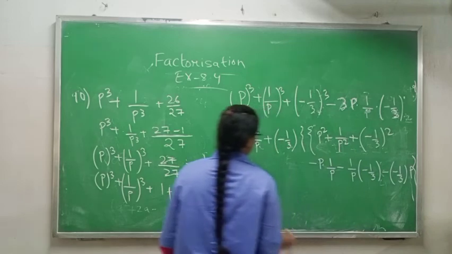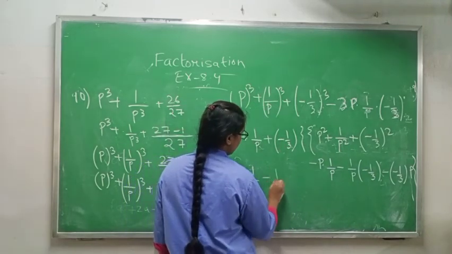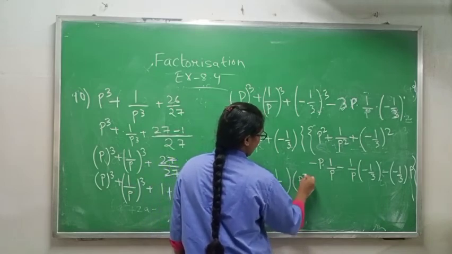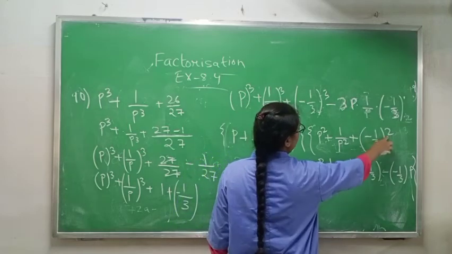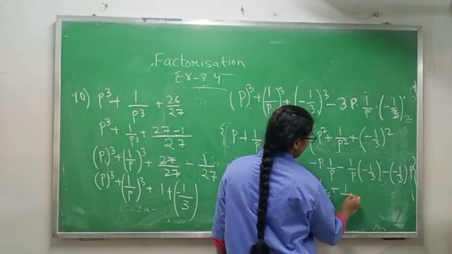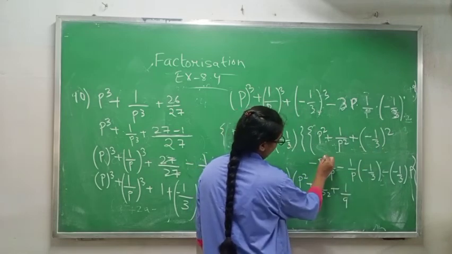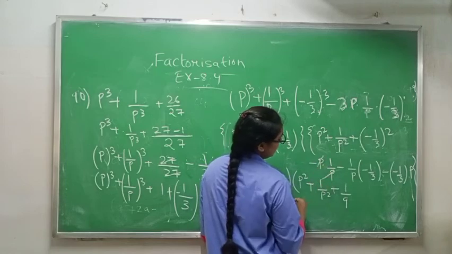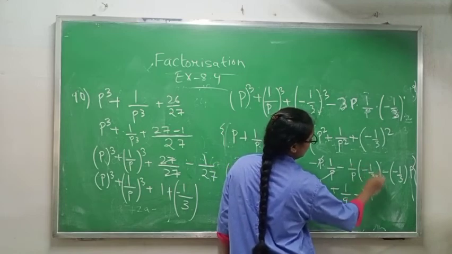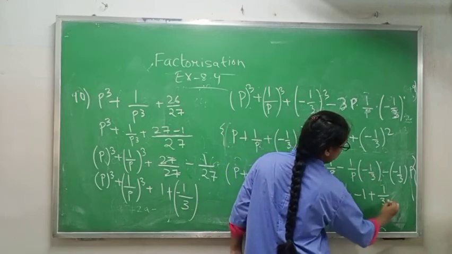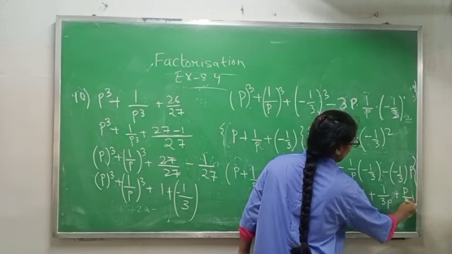Okay. P plus 1 by p plus minus 1 by 3, p square plus 1 by p square plus, since we have the power as an element, this side will be removed, so you will get 1 by 9. 3 square will give you 9. Now you can see this p will cancel, so minus 1, minus minus plus 1 into 1 is 1, 3 into p is 3p, minus minus plus, p is up and 3 is down.